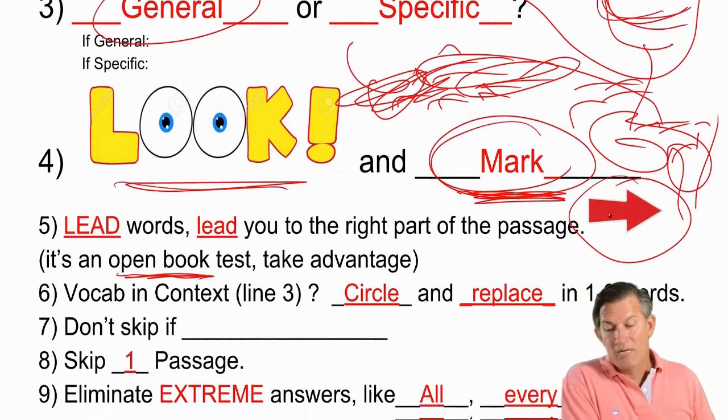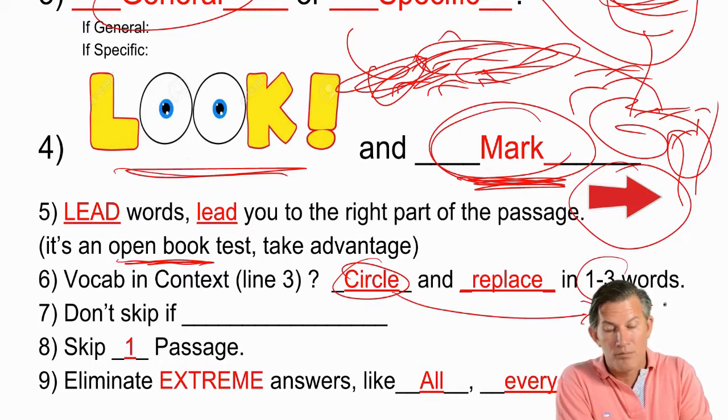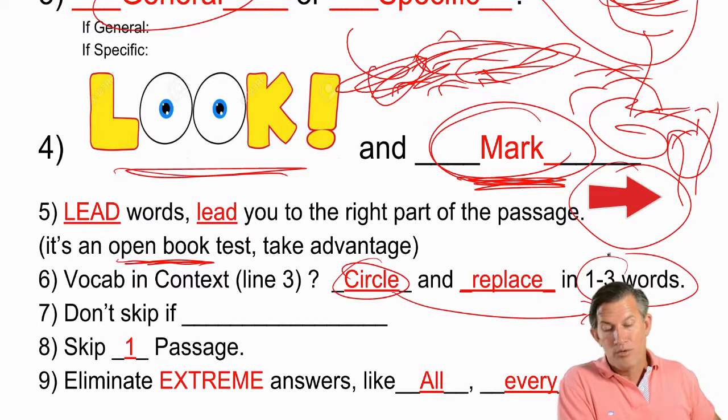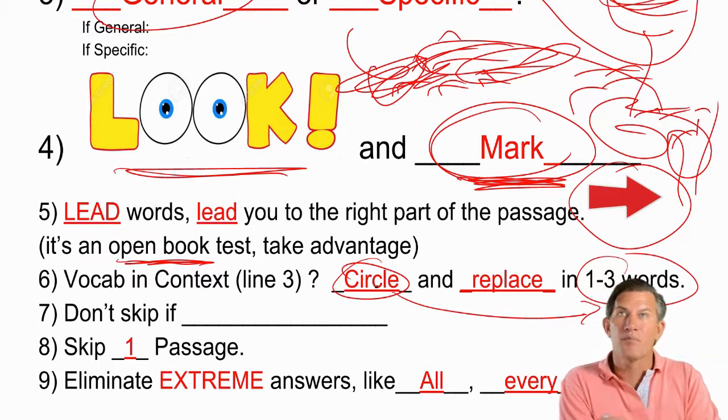Okay, in vocab and context, anything that says line has to be a specific. Okay, you're going to circle it and you're going to replace it in 1 to 3 words, some substitute. Okay, then you can plug in the answer into that spot and read a little bit above and a little bit beyond. Okay,